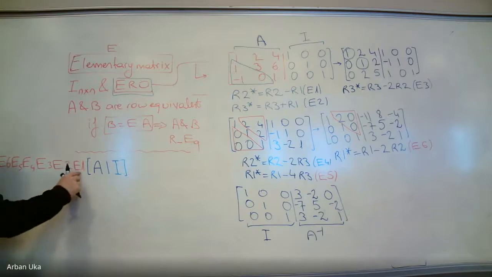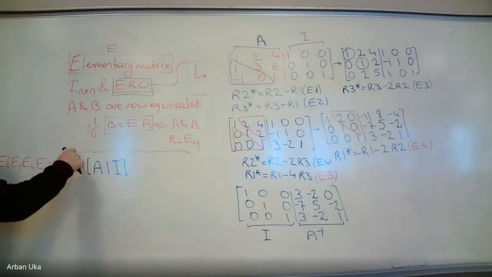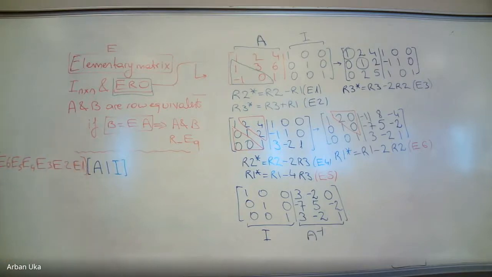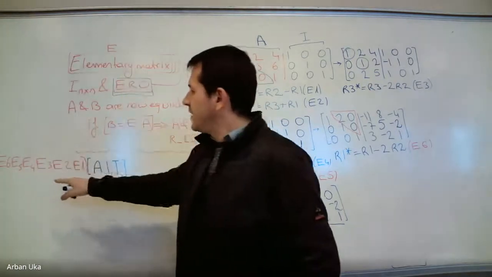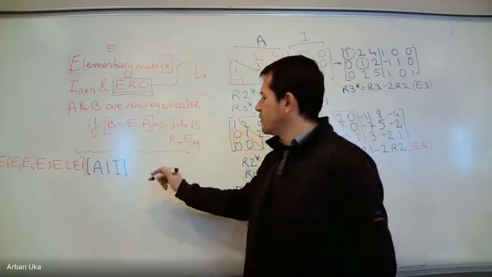So we apply this first. But then what we can do is that the product of all of these matrices, we can say that E6 times E5 times E4 times E3 times E2 times E1 is going to be equal